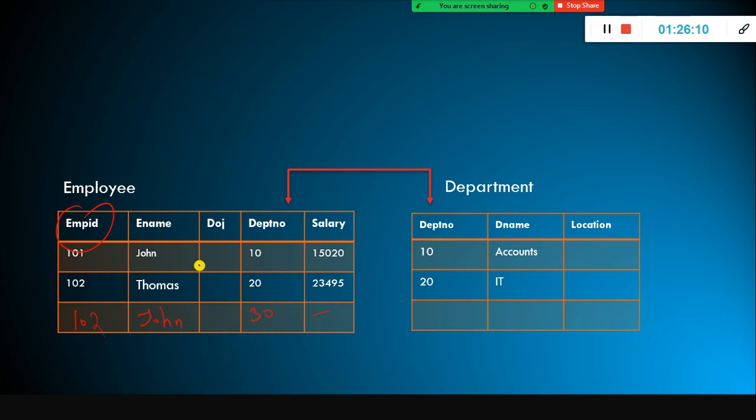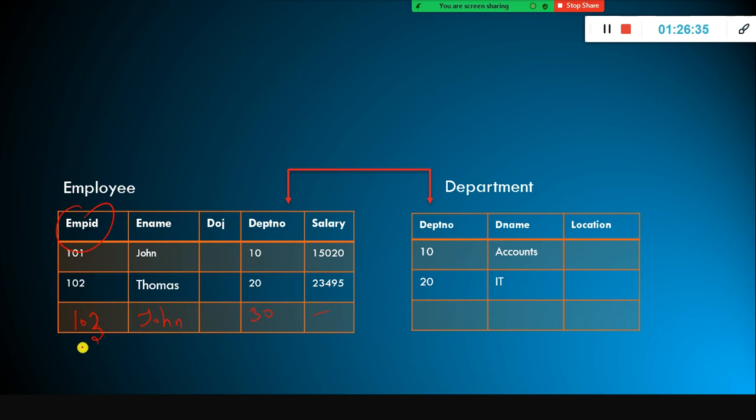The point here is, this is the primary key. It should have only unique values. If I specify 102 again, it's a duplicate, and it violates the primary key rule. So this value should be unique. You are not supposed to put 102 or 101 again for another person.